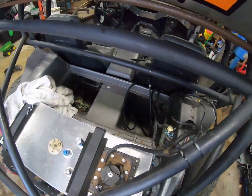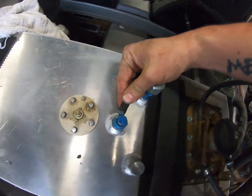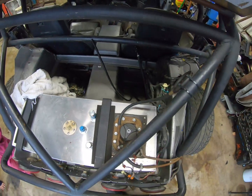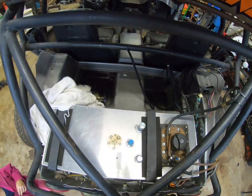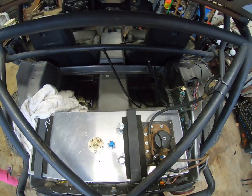Anyways, so now I just got to mount my fuel pump in here, run the return right here. Got to put a fitting on that, and then mount the pump, run a line from the tank to the pump, and then to there, and then...